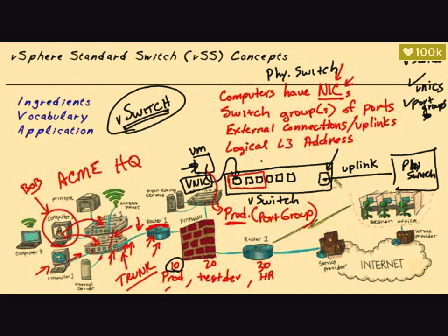We could refer to this port as a PNIC, which is an acronym for a physical network interface card on the ESXi host that's supporting this vSwitch. And we also have some naming conventions that are used on the ESXi host regarding its network interface cards that connect out to the physical world. It refers to these physical interfaces as VMNICs. So for example, the first one would be VMNIC 0. And if we had a second physical adapter, it would be referred to as VMNIC 1, and then 2 and 3 and so forth. So from an ESXi host perspective, whenever we see the word uplink or VMNIC or physical NIC,